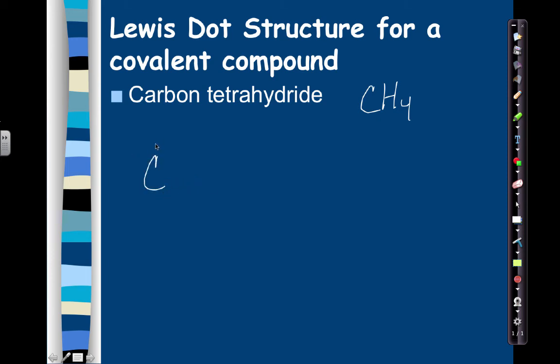Carbon is in group 4A, so it has 4 valence electrons. 1, 2, 3, 4. Hydrogen has 1 valence electron because it is in group 1A. All right, so now if I had 4 of these, like this,